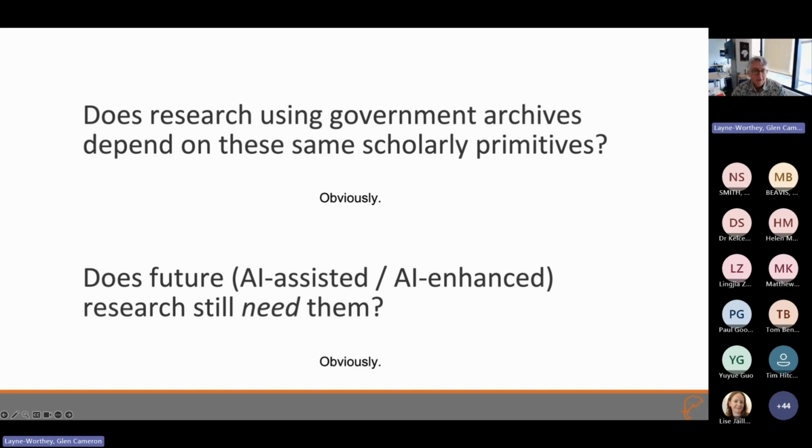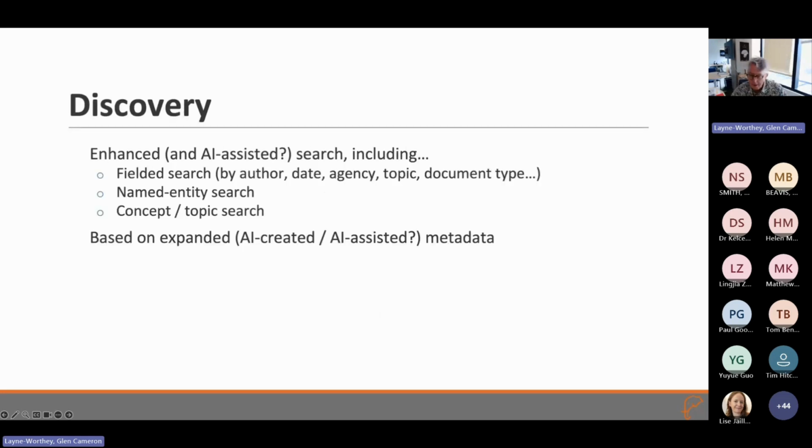Well, discovery is what we've been talking about, and I think that the conversation so far has been very generative. Enhanced and AI-assisted discovery, we know, is a real thing. People want it to happen. The question is, how will it happen? I think in addition to the simple search box, as Professor Hitchcock just mentioned, researchers are increasingly remote from the archives that they're searching, and the search box is one of those intervening mechanisms. The chatbot or any other AI-assisted search will likewise put some distance between us, but I think it's clear that that is one method of discovery that will happen.